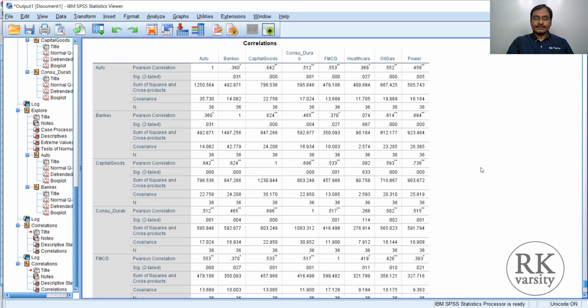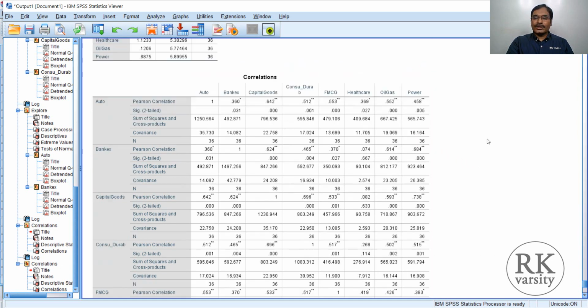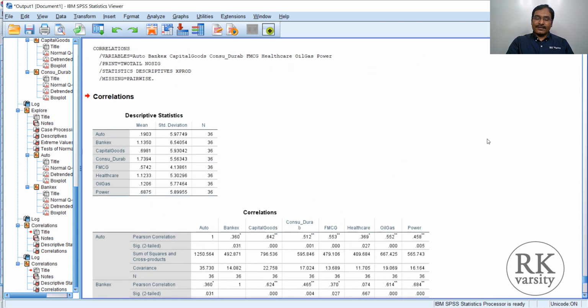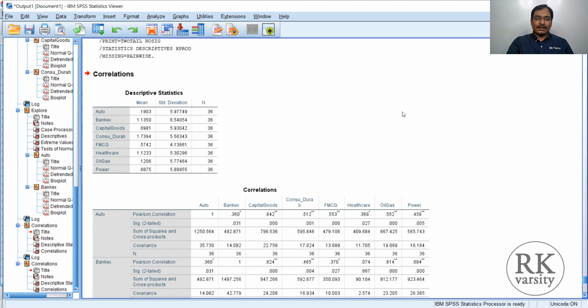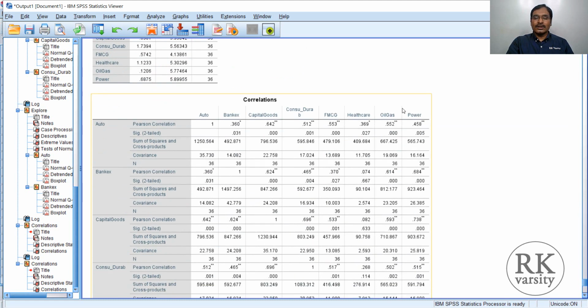So this is how you need to identify the assumptions and outliers of your variables measured on a continuous scale, then run a bivariate correlation and also run a zero order correlation in IBM SPSS. Thank you for listening to the lecture.